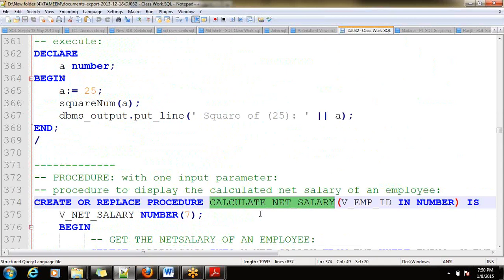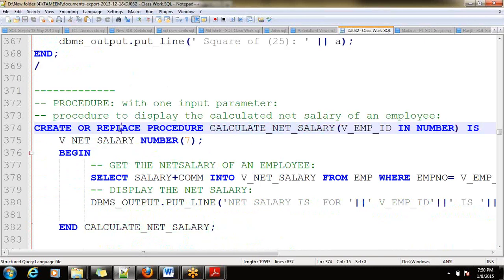I am writing a procedure to calculate the net salary of an employee. Just look here, create or replace procedure calculate net salary is the name of the procedure. And we are passing the employee ID as an int type of argument. Then IS is keyword.